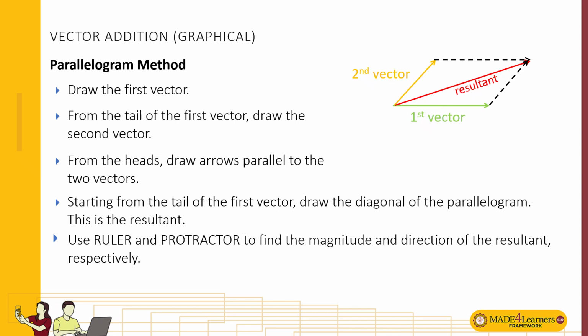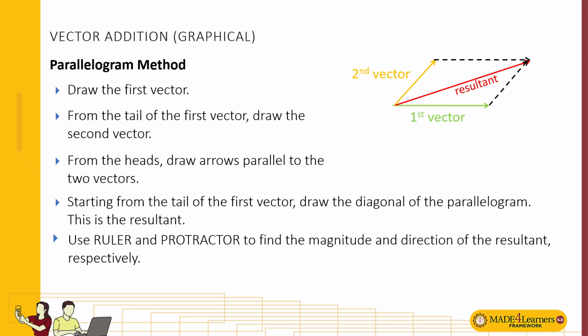The limitation here is you need to have only two vectors at a time since you need to draw a parallelogram. So it should be two vectors only given. If there are three vectors, you need to first get the resultant of the first two vectors, use it as one of the sides of the parallelogram, and the third vector would be drawn as the second vector of the new parallelogram. So if you have four vectors, then you need three parallelograms. So it's a hassle if we are going to use it to get the resultant.